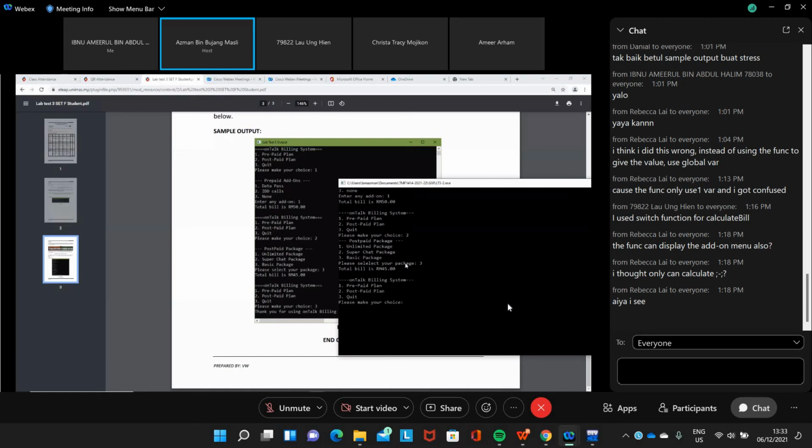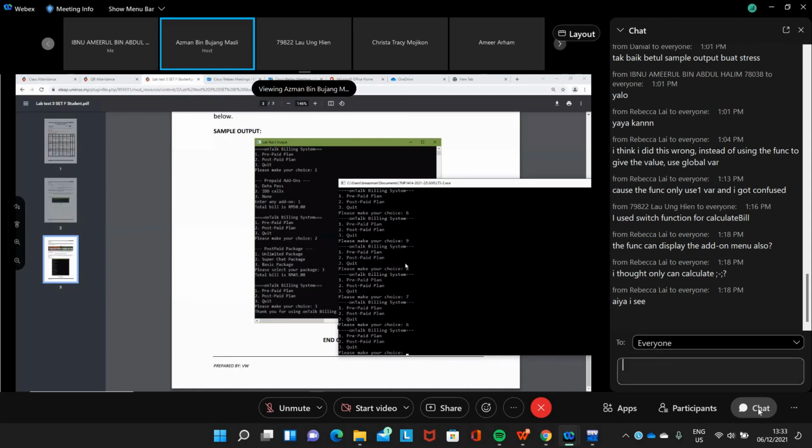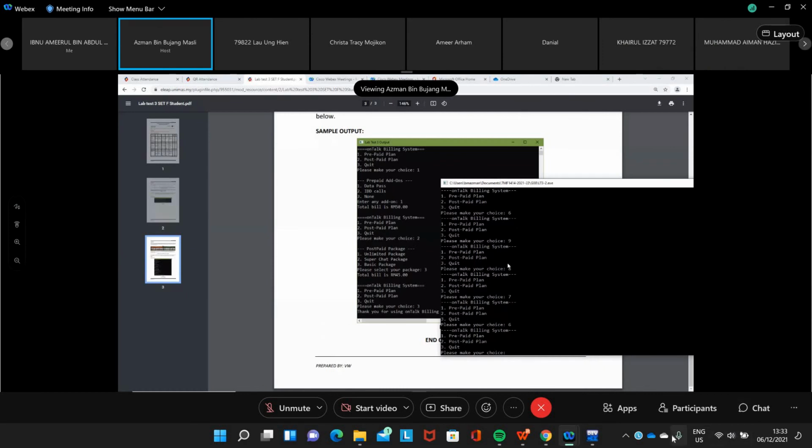If you put number 6, then you don't get anything. You still get the same menu again. 9, 8, 7, you need to choose that one, or you can display an error. But just follow the lab test. The simple output, you don't need to put anything. This one is still acceptable. And then that's it, class.